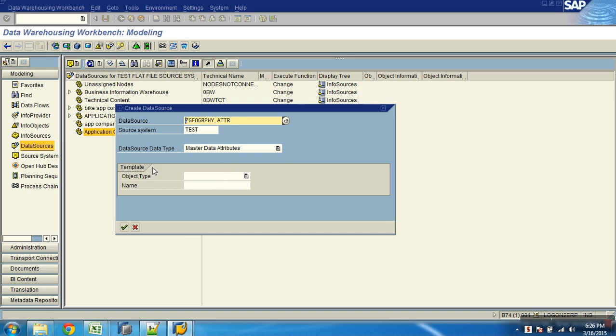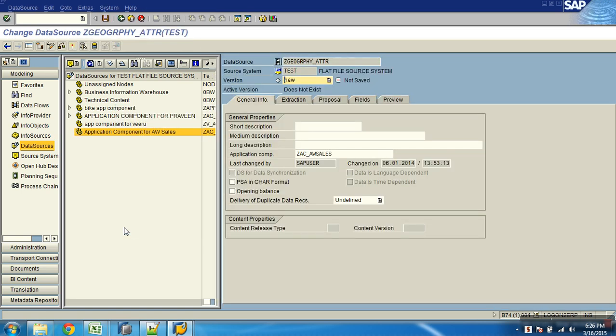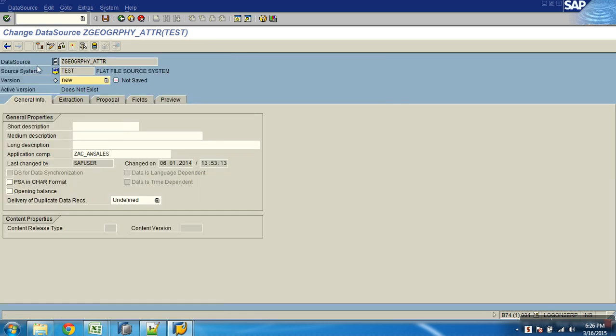Done. There's some option called template. Suppose you already have some data source A, now you're trying to create B. I want B to be the same as A. Then I can use template. But now here there's no template for me. I'm just creating it from the start. Now you need to start defining all these properties of the data source here.